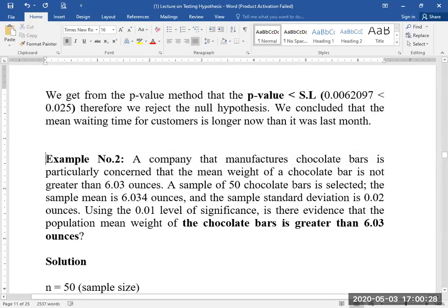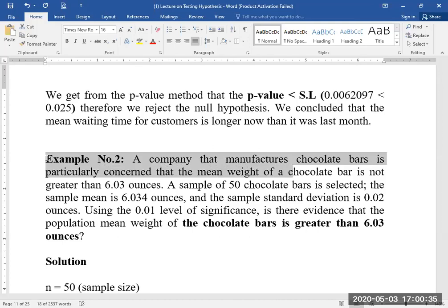Example number 2 is, a company that manufactures chocolate bars is particularly concerned that the mean weight of a chocolate bar is not greater than 6.03 ounces. A sample of 50 chocolate bars is selected. The sample mean is 6.034 ounces, and the sample standard deviation is 0.02 ounces. Use the 0.01 significance level. Is there evidence that the population mean weight of the chocolate bars is greater than